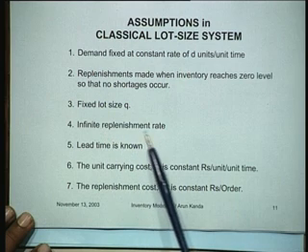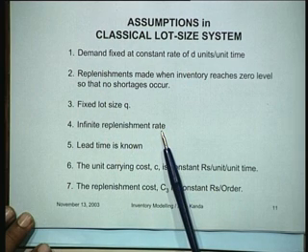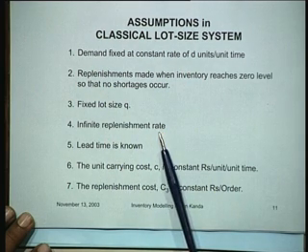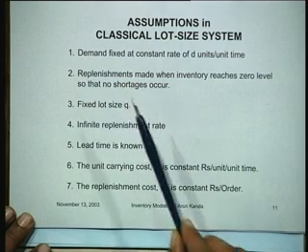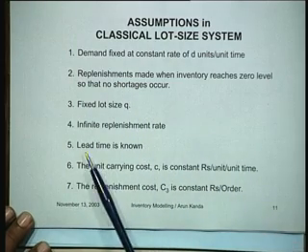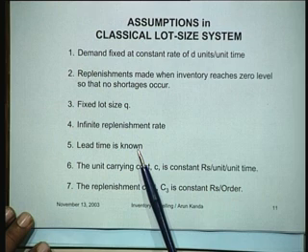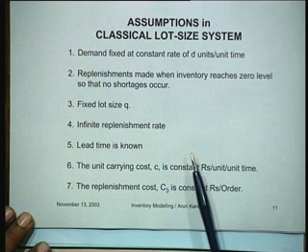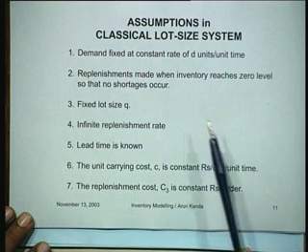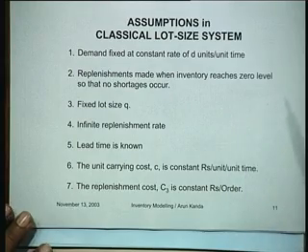There is infinite replenishment rate, which means the moment the order comes, the stock level rises suddenly. Lead time is known, which means if you know, for instance, that your stock is going to be depleted in another 2 days, and you know it takes 2 days to get the order, you can always place the order 2 days in advance so that the stock arrives exactly when the inventory is zero. So that's the kind of assumption we are making here.